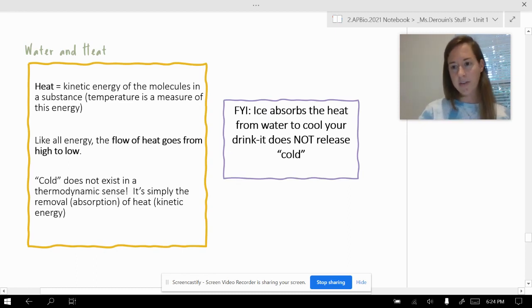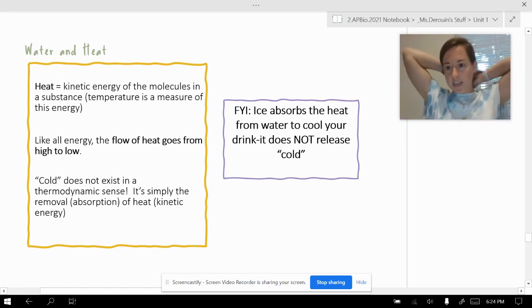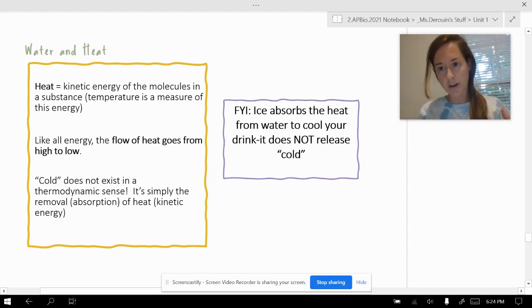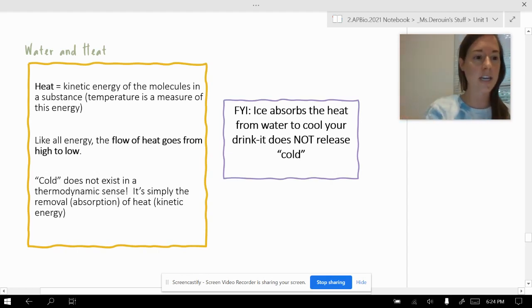Like every type of energy, and this is going to be important when we talk about enzymes and even when we talk about diffusion and osmosis, things are always trying to move from a high concentrated area to a lower concentrated area. So when we talk about that in relation to heat